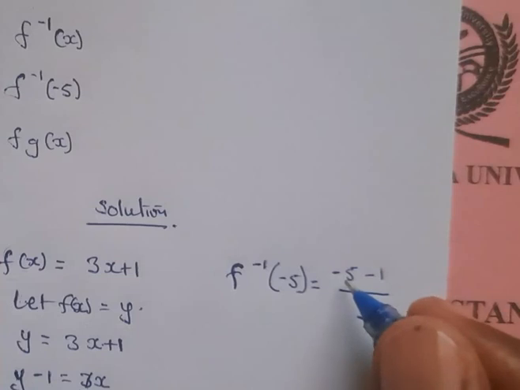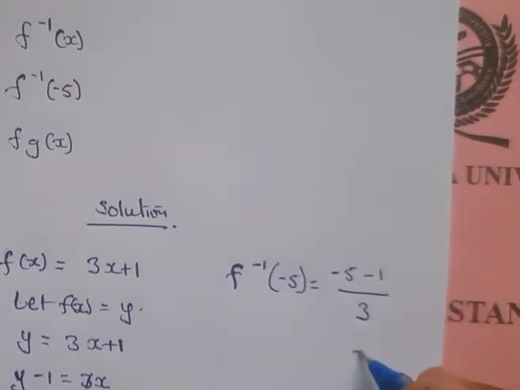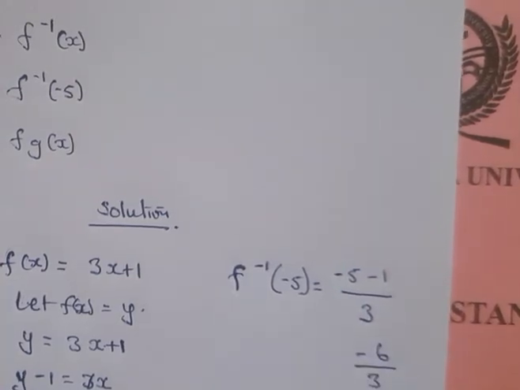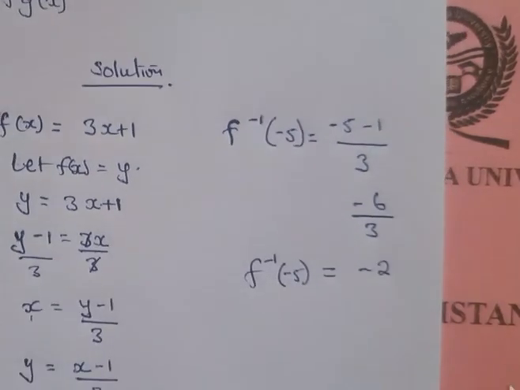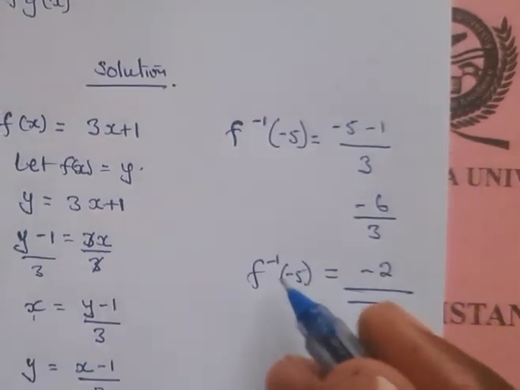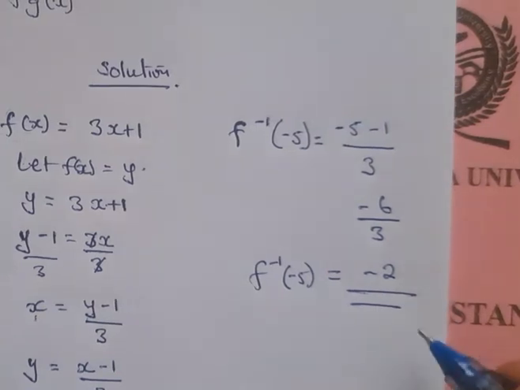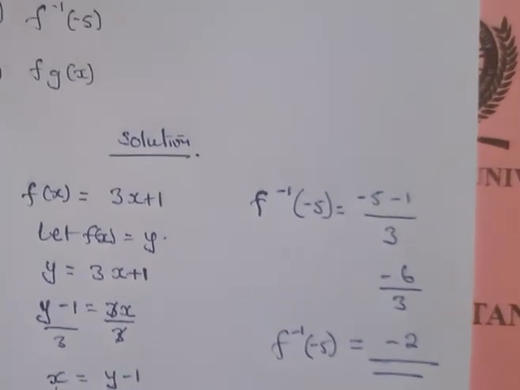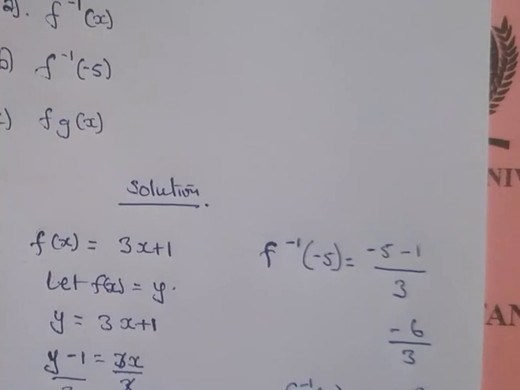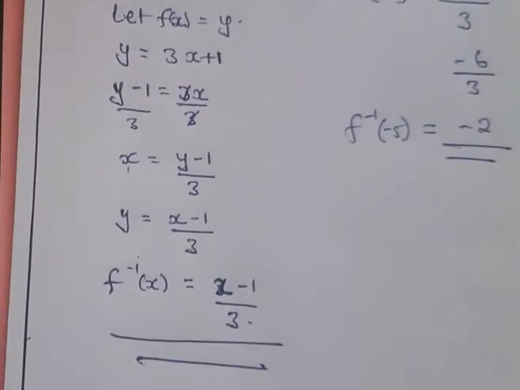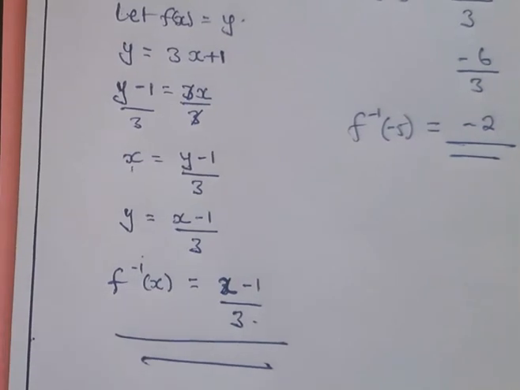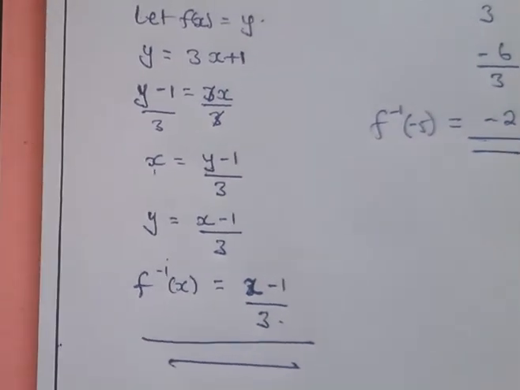So what is -5 minus 1? That is -6 over 3. So f inverse of -5 is equal to -2. Yeah, f inverse of -5 is equal to -2, and that's it. So all these questions, these are 1 mark, 1 mark, 1 mark, and then let's look at the one that costs at least some marks, like 2 marks,